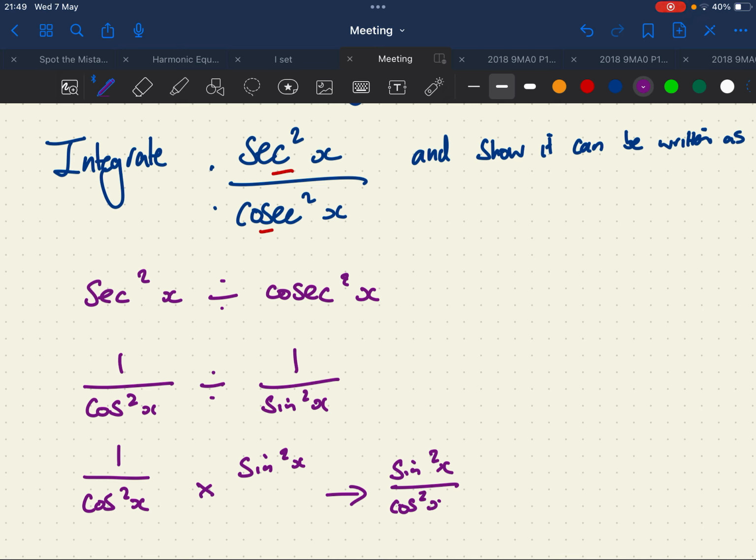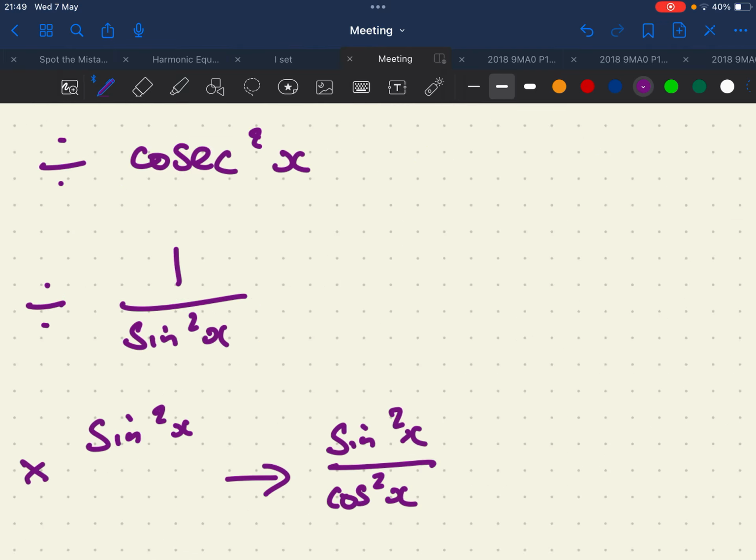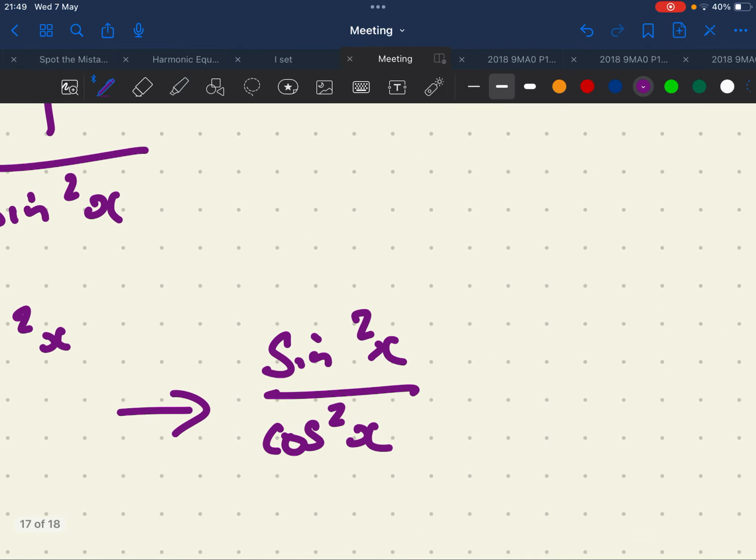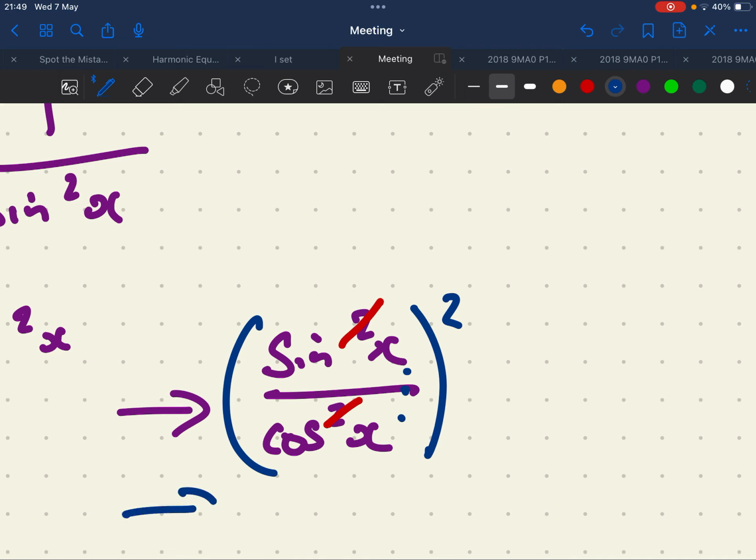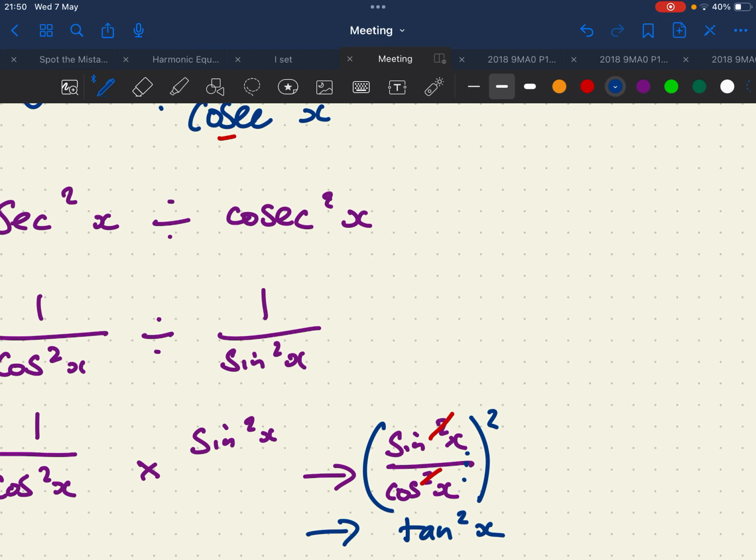And I'm sure some of you would have done that straight away, which is fantastic. But if not, that's not a problem. Now, a clever thing we can do here is, because they're both squared, instead of doing it like that, we can rewrite it like that, because it gives you the same result, doesn't it? Why would you want to do that? Well, because then you can see sine over cos, and sine over cos is in fact tan. So all of this here actually turns into tan squared x,